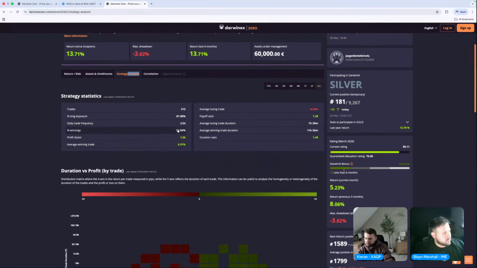Win rate is decent as well. What I do like to see, just from my preference, because of the sort of trader that I am, and I know it's not everyone's, is that I always like to hold my winners a lot longer than I hold my losers. But that isn't to say it's wrong, because we have seen so many times the actual opposite of that, and people do really well.